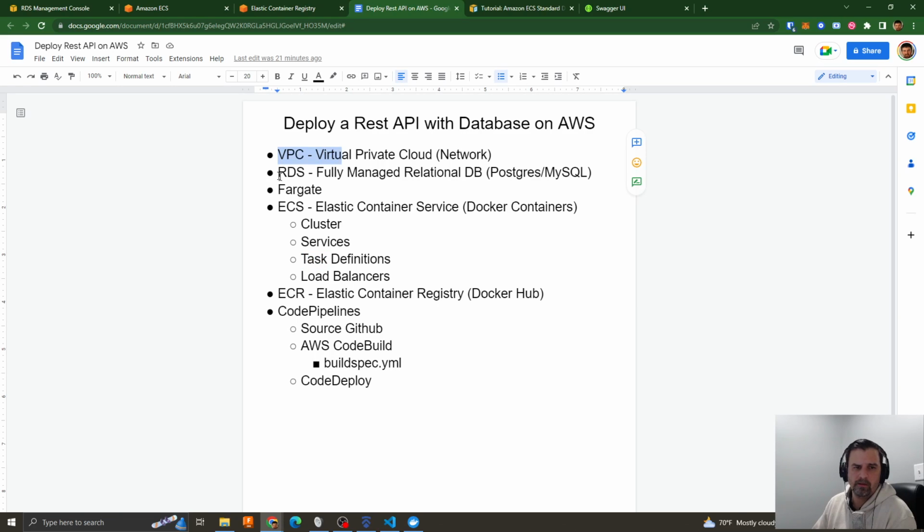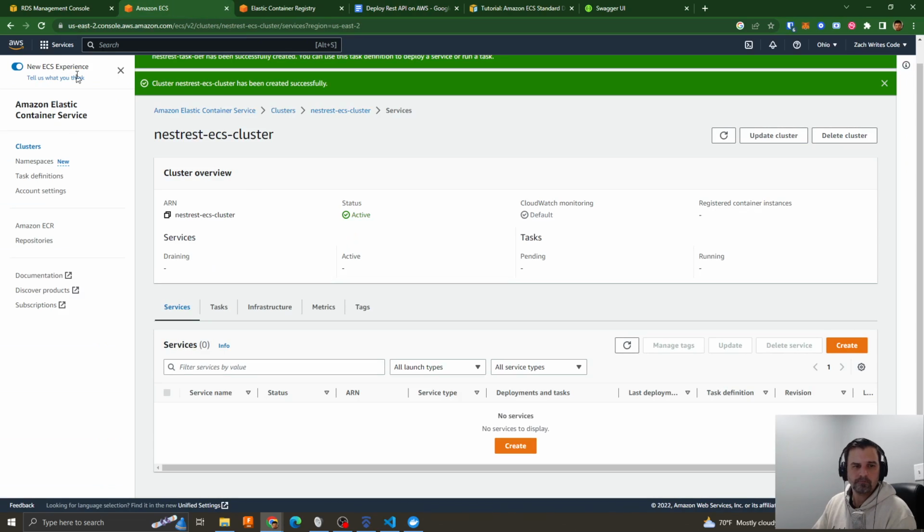We've got our VPC, got RDS, and Fargate is a part of ECS, so it's just there as a note. We've got our cluster set up, and we've got our task definition. Now we need to do the service. Oh yeah, we've also got ECR. So we're getting there. So let's set up the service. And that's as easy as